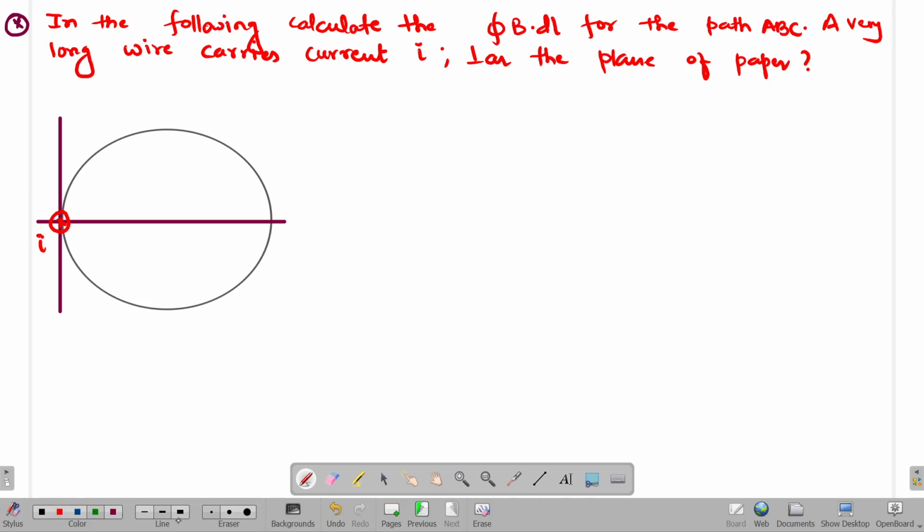And then you have to find the cross. No problem, right? Regarding that dot or cross, same thing. It is perpendicular to the plane. My question is very simple. Once again, find the magnetic field. So yeah, this is point A, this is point B, and this is point C this time. Once again, find the integral B dot dl for path ABC. Tell me first.